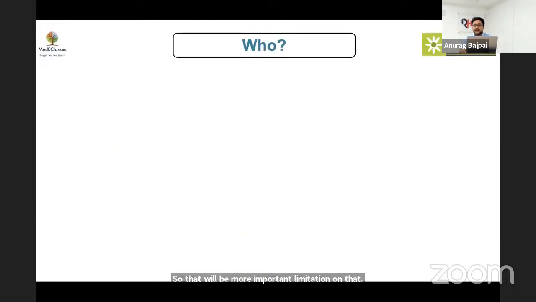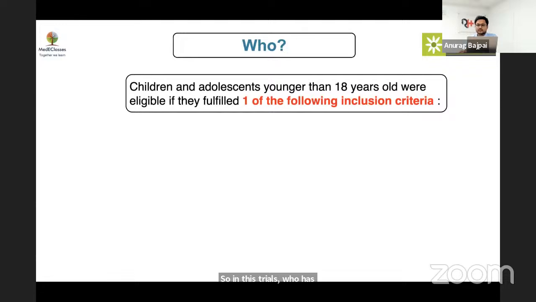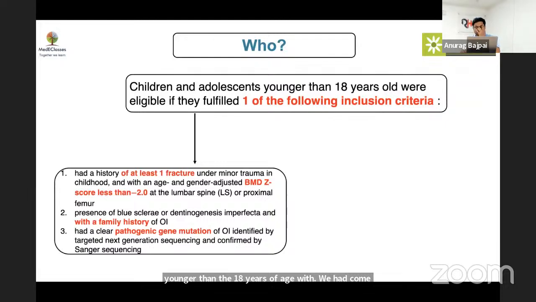So in these trials, who has been taken as the study population? This is the children and adolescents younger than 18 years of age, confirmed with one of the following inclusion criteria. The inclusion criteria are in 3 stages: if the child has a pathogenic gene mutation detected by NGS or Sanger sequencing, if they had a family history of OI with associated features like blue sclera or dentinogenesis imperfecta, or they have at least one fracture with